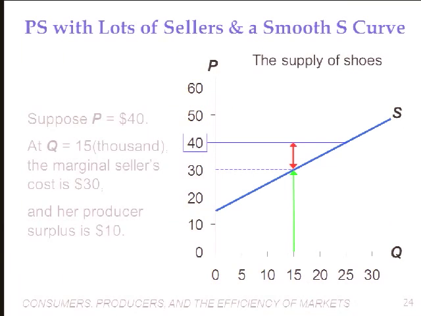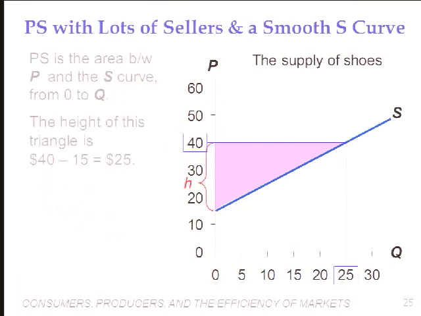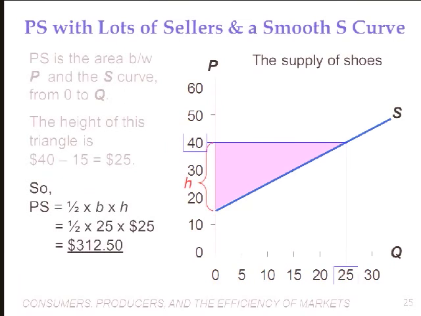that's moving through the market, and it's represented by this pink triangle. Proceeding in the same fashion, looking at the height of the triangle and computing the area, it is 1/2 times the base times the height. The height is very clearly from 15 to 40. That's the $25. The quantity moving through the market is 25,000 units, and thus we get 312,500, multiplying by 1,000, since the shoes moving through are not 25 but 25,000. Okay, so that is our computation with regard to producer surplus, and we proceed with the same investigation about what happens